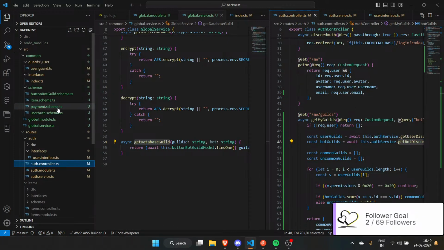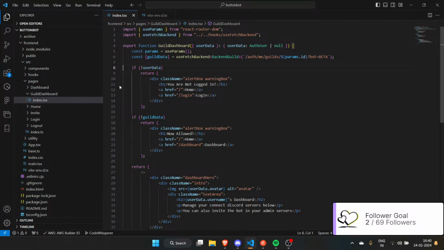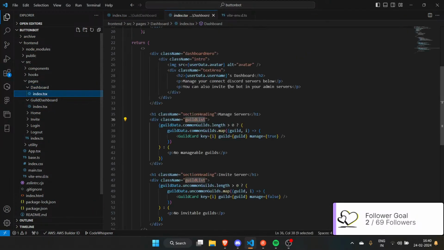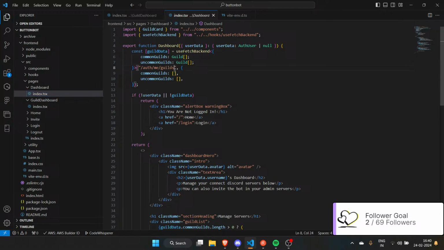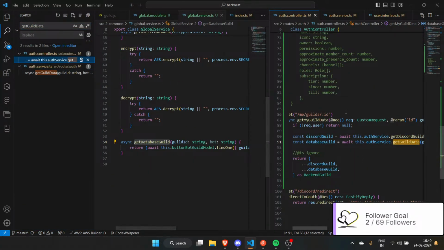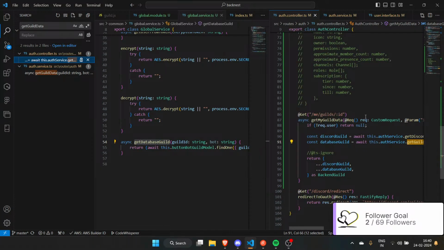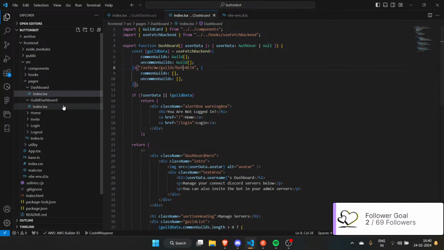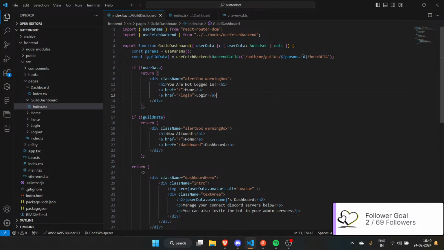Okay, so that means I should go here and then go in the dashboard slash me slash guilds question mark bot should be beta for now, right? Beta and bot, right? Now after that, where am I using the get guild data function? I'm using it in our id, bot is here, me slash guild slash id, that is the same. Okay, that makes sense. All good, almost.